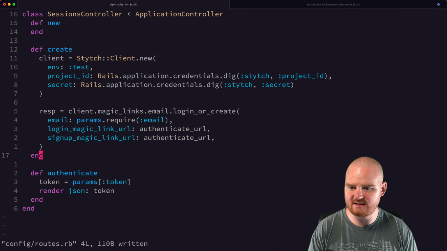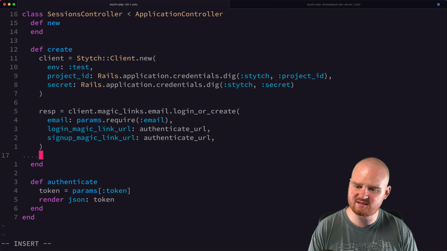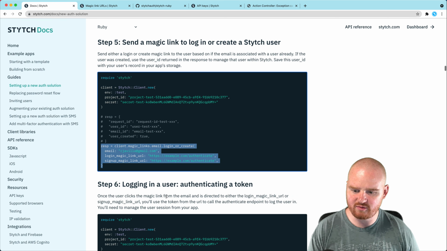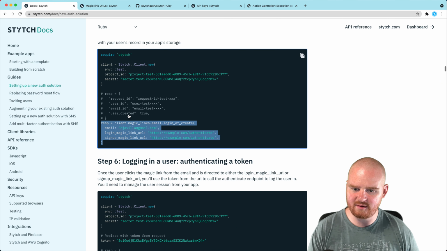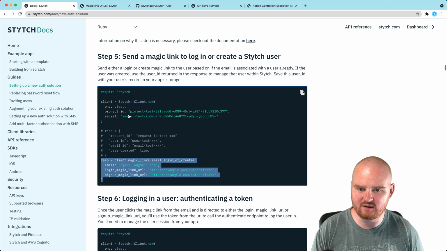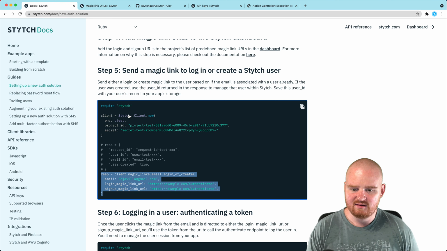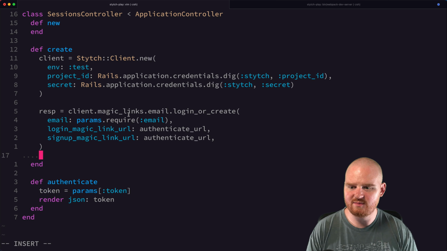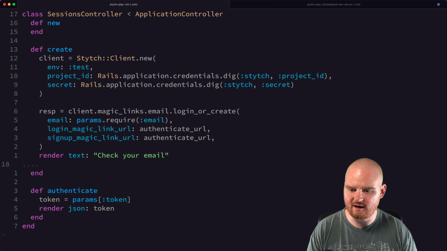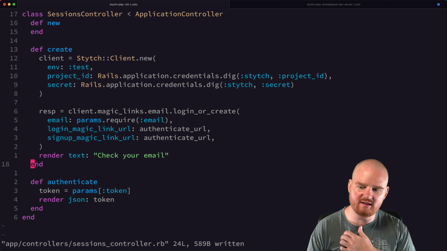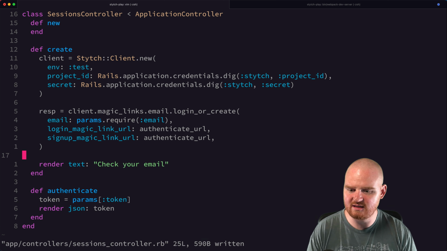All right, that seems reasonable. And then I guess, what do we do from there? I mean, what do we render back? Like, maybe we need to render back something like an email is on its way or something like that. Render text like email is on its way, or check your email or something. Check your email. I mean, that should probably be a view that's all pretty and stuff, but let's just see